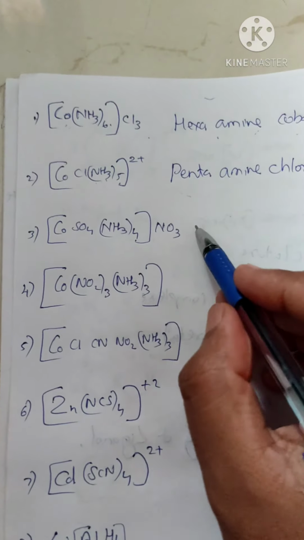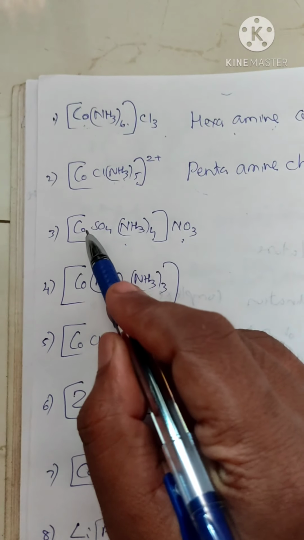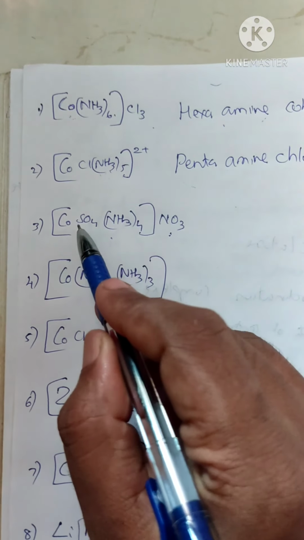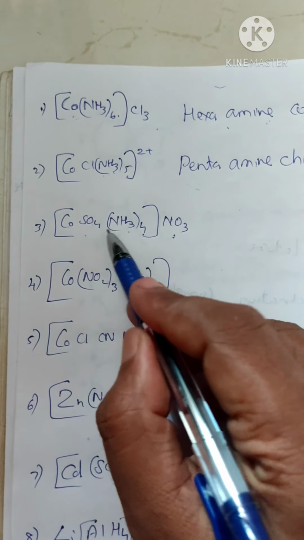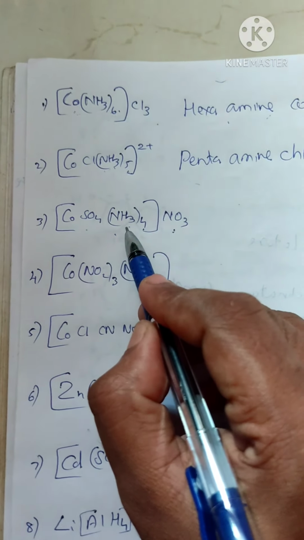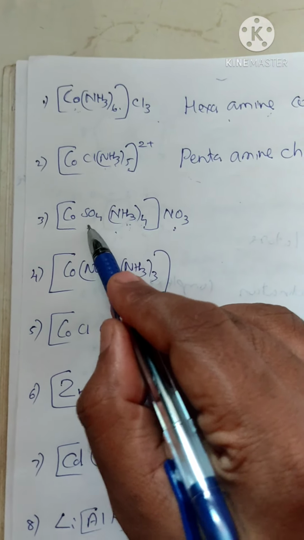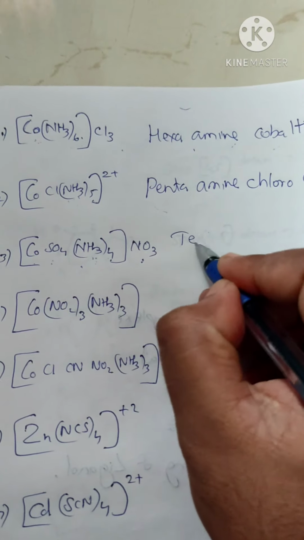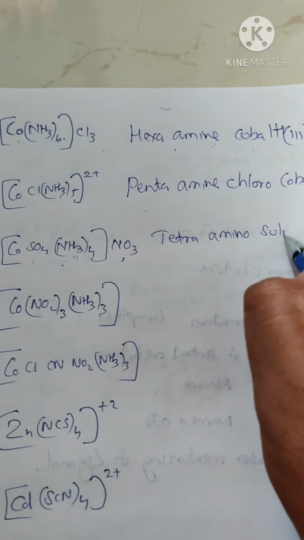This one. In this case, both parts are there. Anion is there, cation is there. Since the cation is the central metal atom, there is not that much complication. And we have 2 ligands. One is sulfate ligand, another one is ammine ligand. Since ammine ligand is alphabetically first, we have to mention it first. How many ammines are there? 4 ammines are there. So the name will be tetraammine. Then sulfato, then cobalt. So the name will be tetraammine, then sulfato,